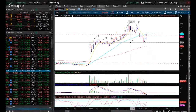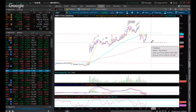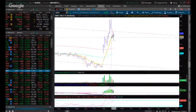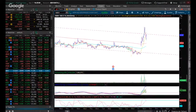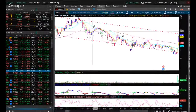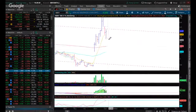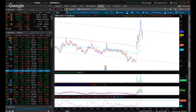It went down a couple of times now. This is really holding support down here. 5.55 only. Above the 10, which is the 10-hour moving average, the stock looks pretty good. Especially after a gap up, we can try to hold that and use that as our first base, quite frankly. So it might be too early to look at it here, but